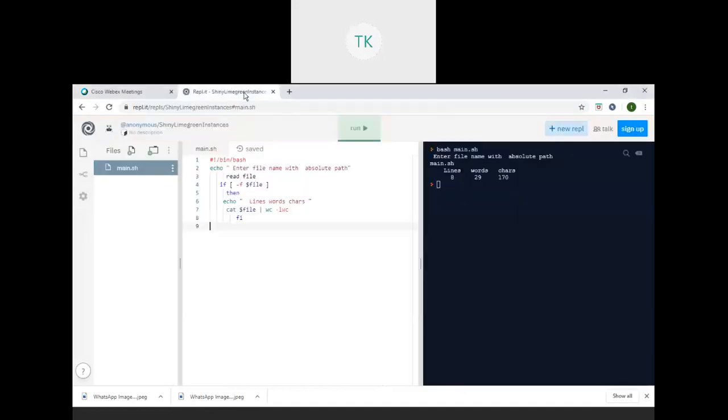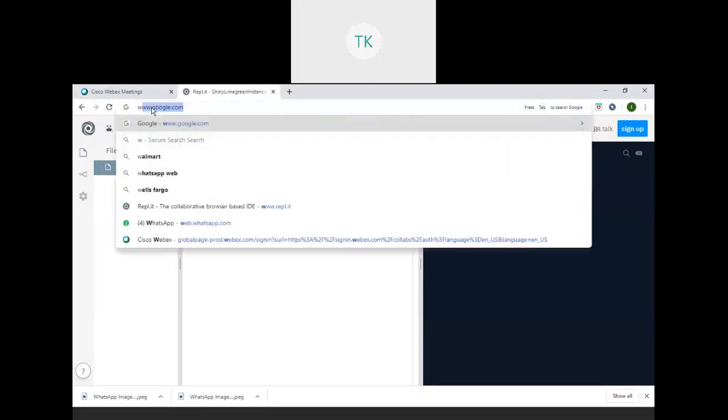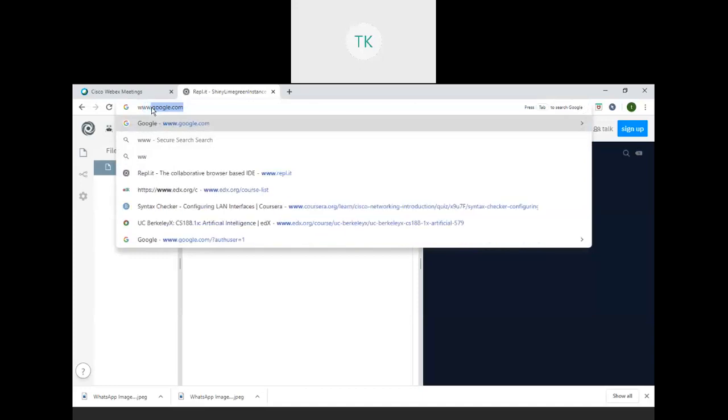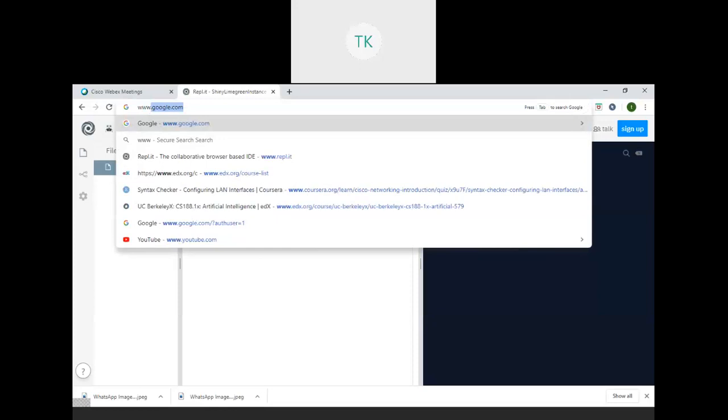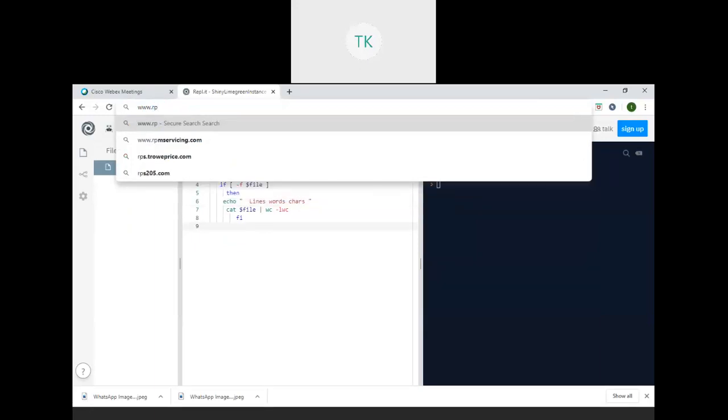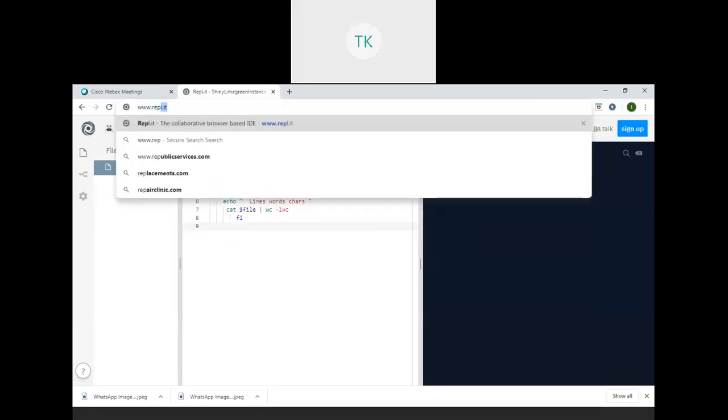Just see here, within Google, just type www.repl.it. This is a website where you can find a number of IT tools.